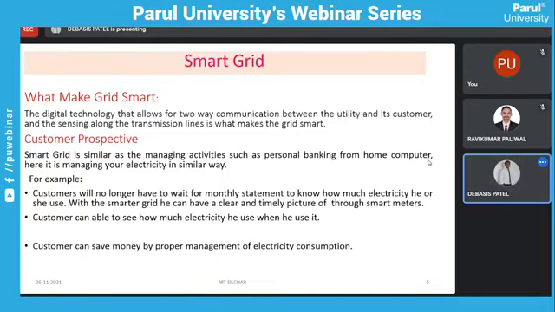You can see what amount of units you have used per day, and what the price is for this hour. Nowadays in villages or in our board, they keep a fixed price, but in coming days we are switching to a variable price. According to your consumption, the price will be decided, right? So if you run more appliances, more devices or home appliances, in peak hours, then what will happen? You have to pay more if you run your devices in peak hours.